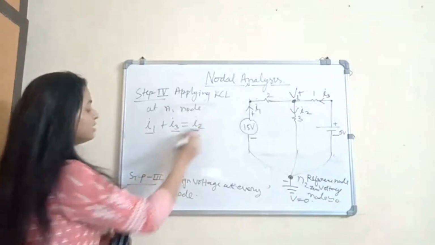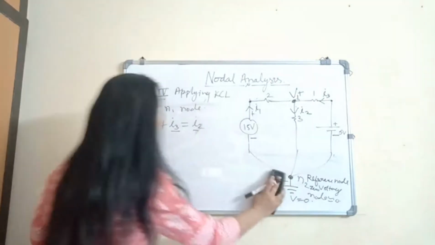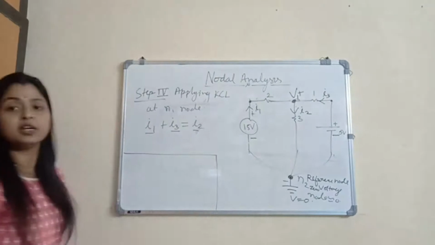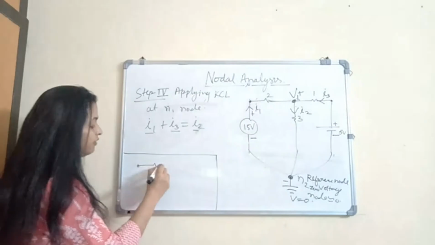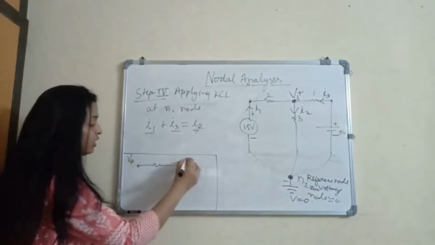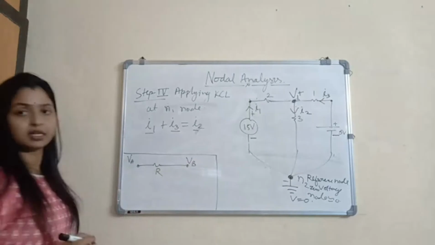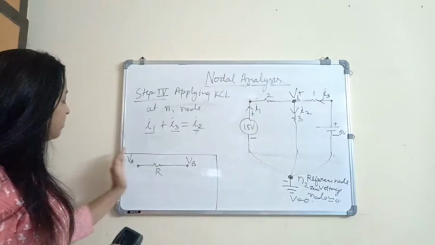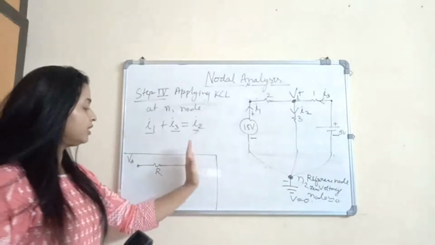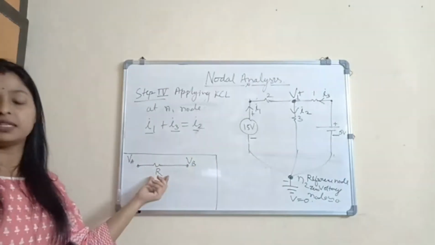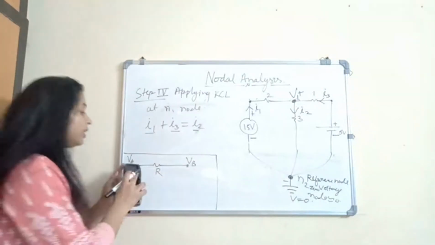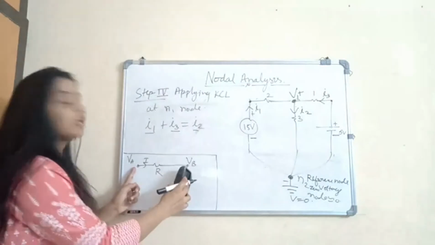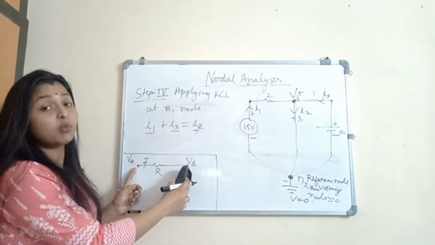That is why. So how can we measure these I1, I2, I3? This is very important. I think you must remember the potential difference concept, which you studied in 11th or 12th class. Let's say I have voltages VA and VB here, and one resistance is connected in between. This must be a branch of a complicated circuit, where the voltage at this terminal is something and the voltage at this terminal is something else. In between, one resistance is connected. So I know that the current flowing through this depends on VA and VB. This is known as the voltage difference.